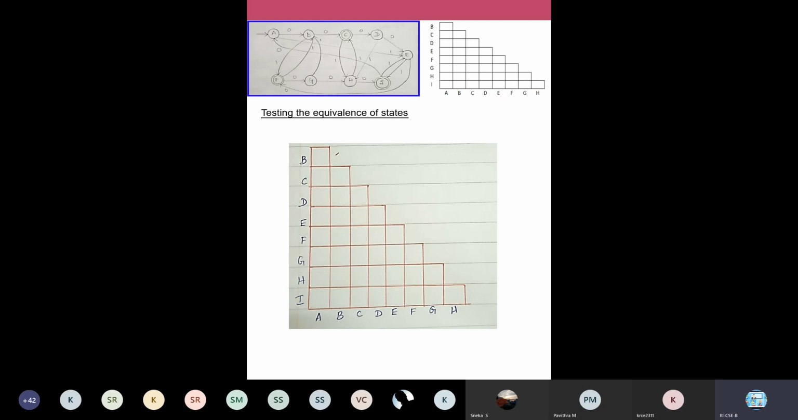Yes, C, F and I, they are accepting. It means that all the other states are non-accepting, is it not? So straight away, when you are comparing one accepting state with a non-accepting state, we can say that they are